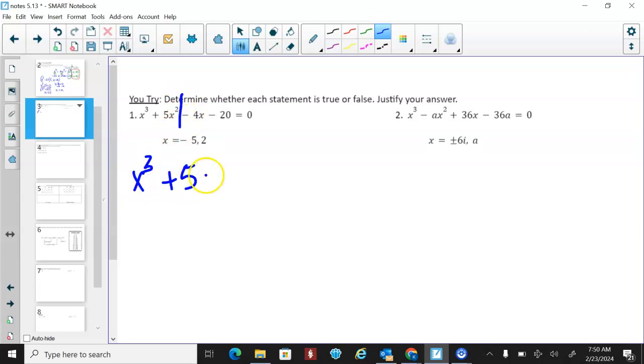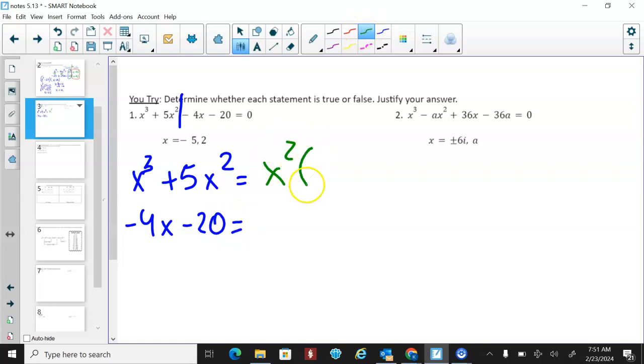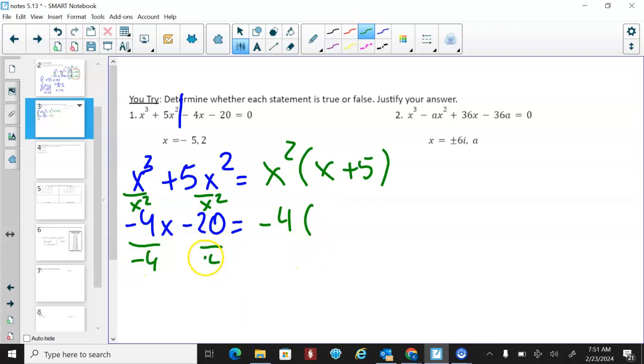X cubed plus 5x squared equals. And then I'm going to do negative 4x minus 20 equals. I'm going to try to see if I can take a greatest common factor out. From the first one, I'm going to take x squared out. If I divide it by x squared, what's left? I have an x left and 5. For the second one, I have negative 4x and negative 20. So what I can take out is negative 4 out of both. If I divide them by negative 4,